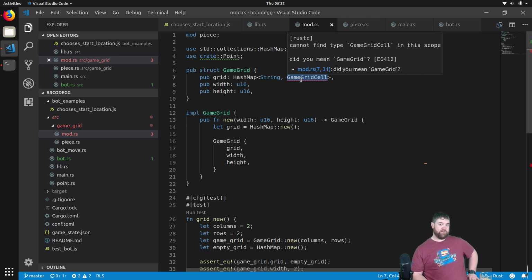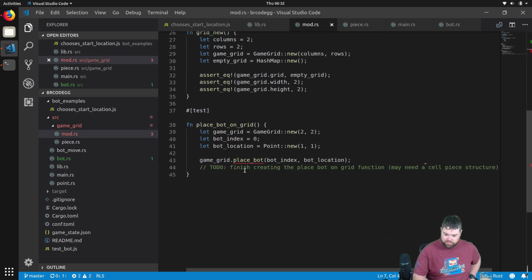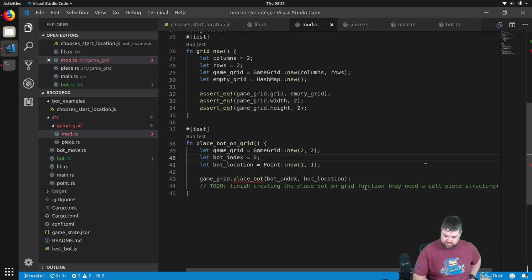It should really just care about, hey, I have this bot and it's right here. And if it just takes in the ID of the bot, and the ID could be the position that it's at in the vector. So if our place bot takes in a bot index, which will be position 0 in a vector, and a bot location,